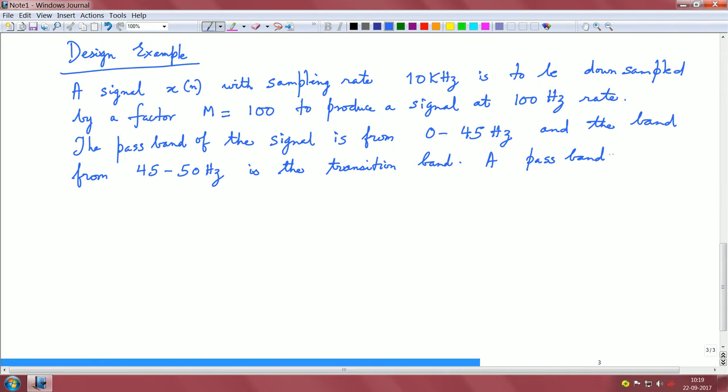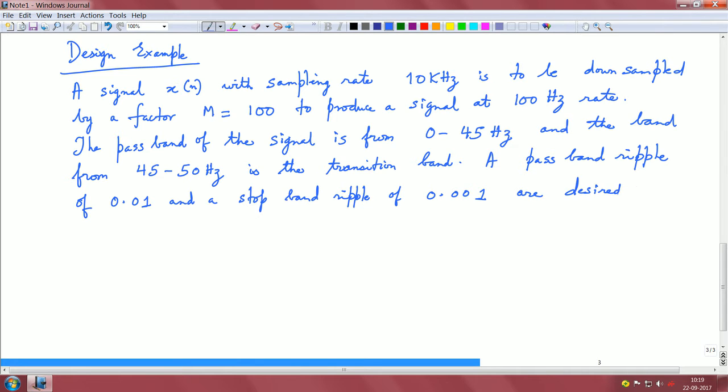A pass band ripple of 0.01 and a stop band ripple of 0.001 are required. That means you cannot overshoot this. So, if you just think about what this really translates to,